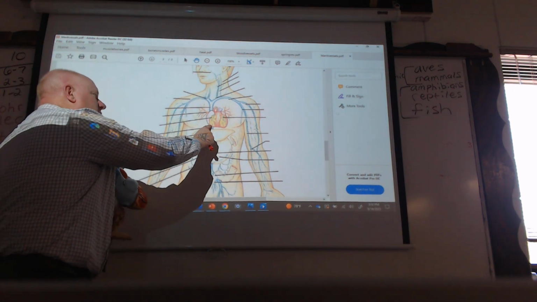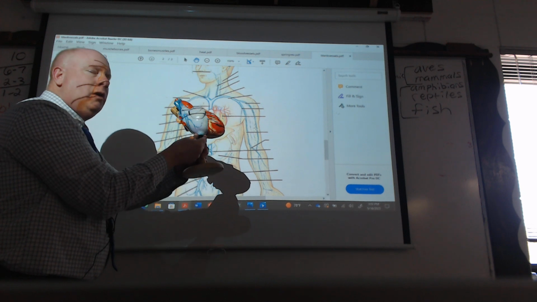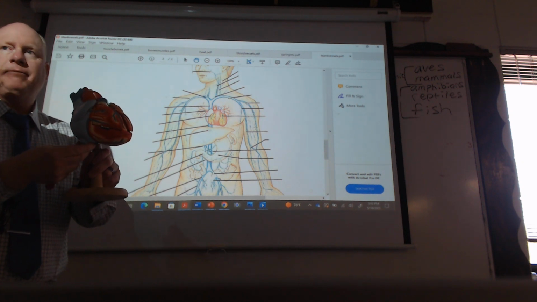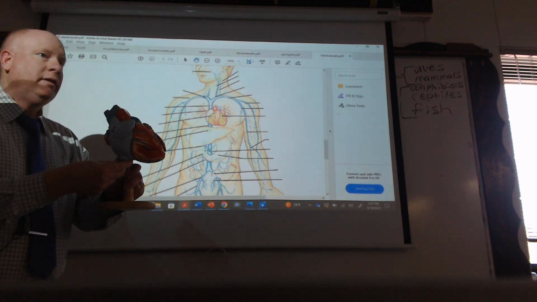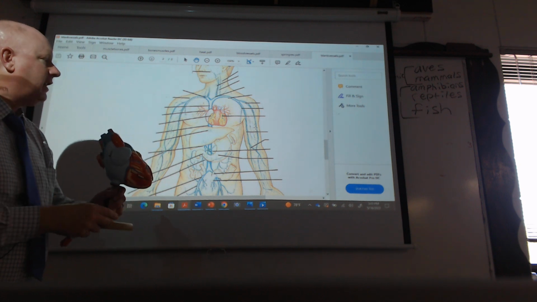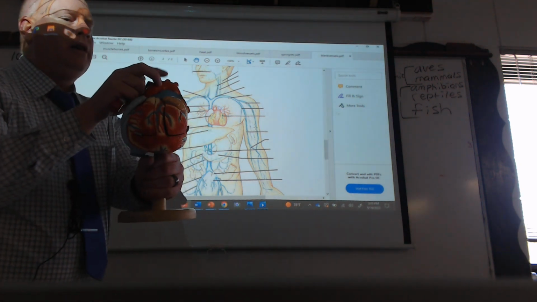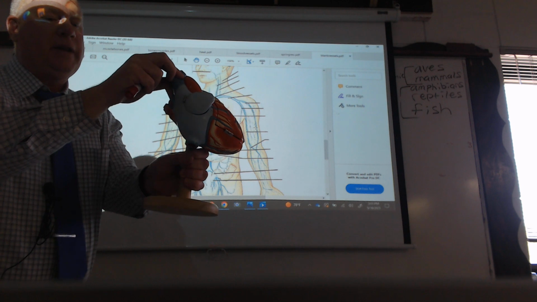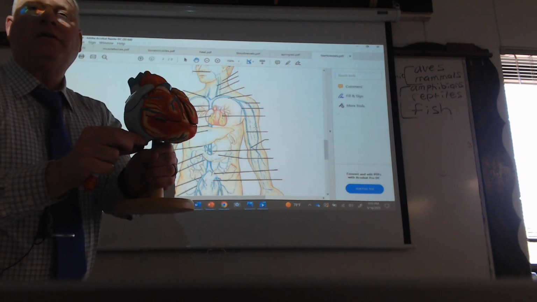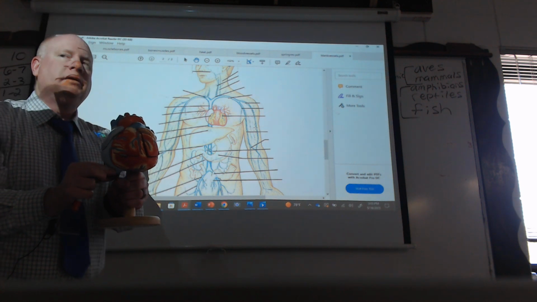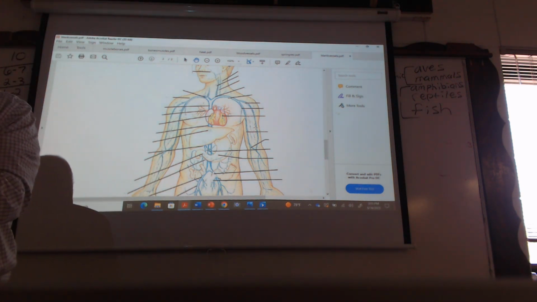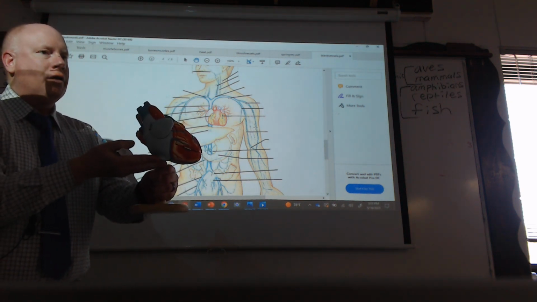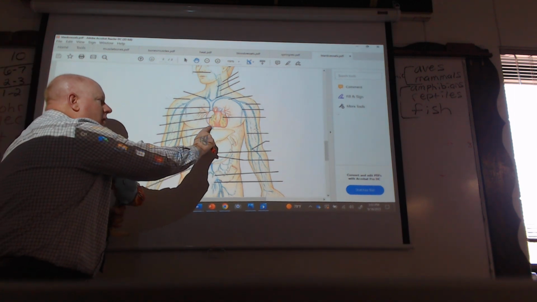And this is coming back to the heart. That is this structure right here. What is it that returns blood back to the heart? It's got a specific name. It does start with a V. It's a specific vein. Just like you don't say this being an artery here, it's got a specific artery name. This also has a specific vein name. It starts with a V. It's not vein though. Something cava. Someone said it. Yeah. So that means this is this inferior vena cava, which is right here, which must mean